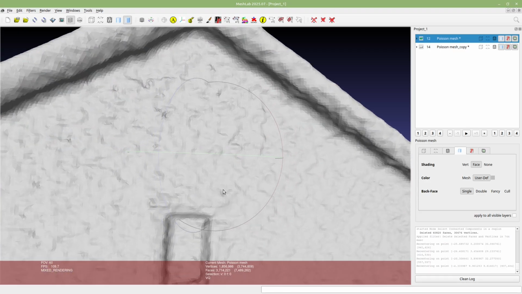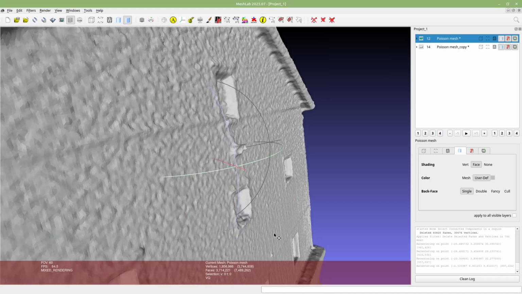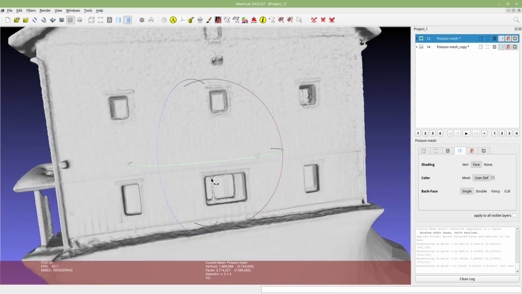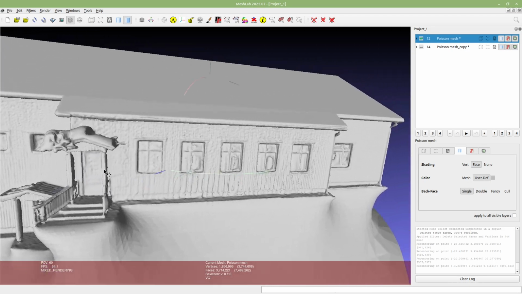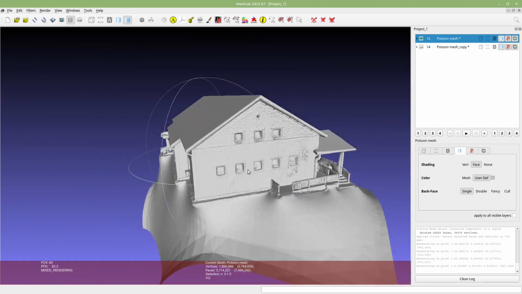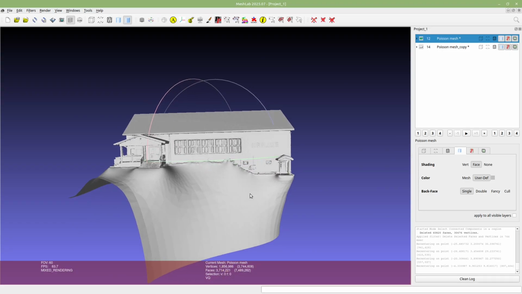There are a lot of unnecessary features like in this wall here. So the object there only had about half a million faces. But let's see the texturing process next.